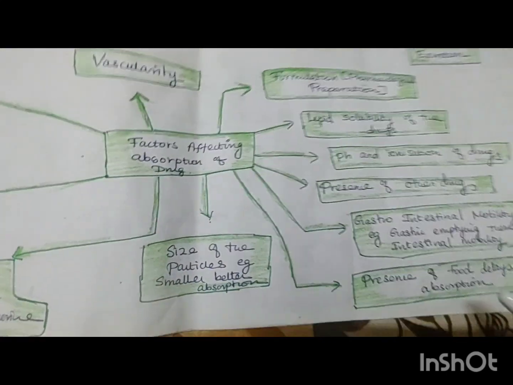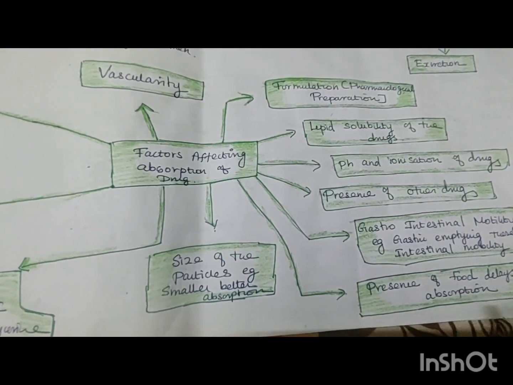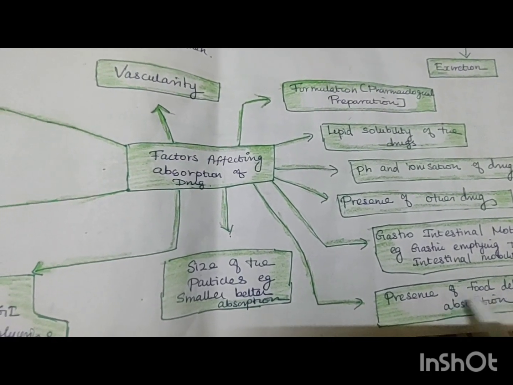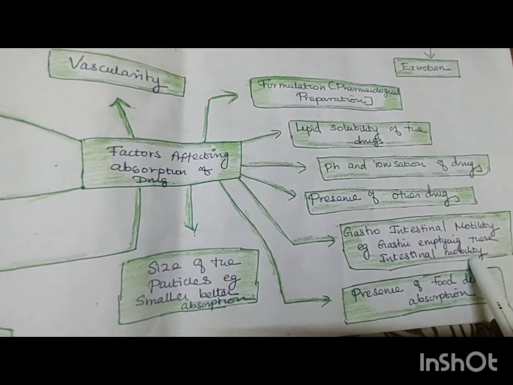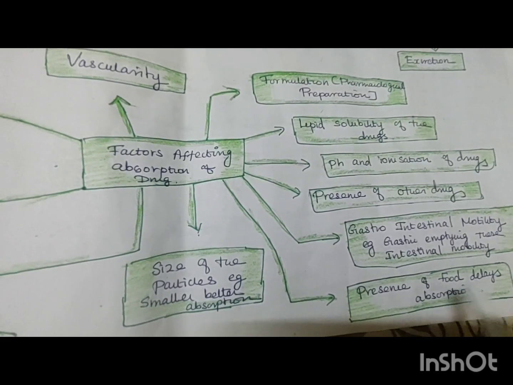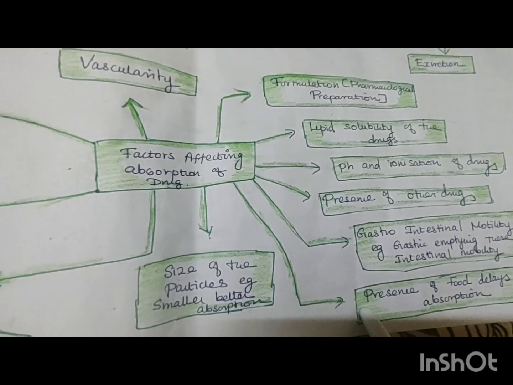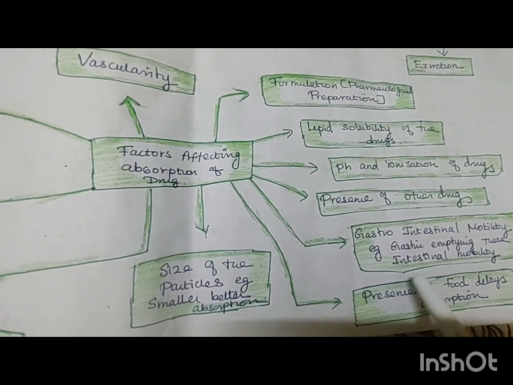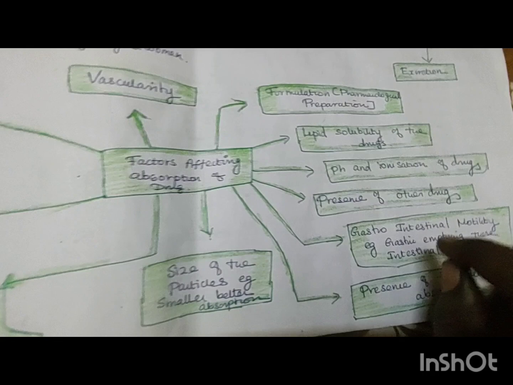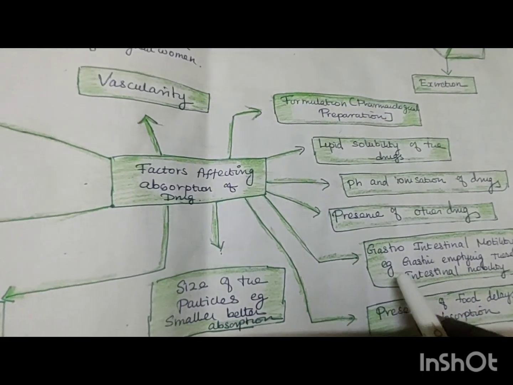Some people will take a poison and come; they will die if they are taking it on an empty stomach. What happened? Because the absorption is very high. When the food is there, absorption will be delayed. But some of the medications have to be taken after food. Some medications can be taken before food. For example, H2 receptor antagonists and all ulcer drugs will be taken before food.